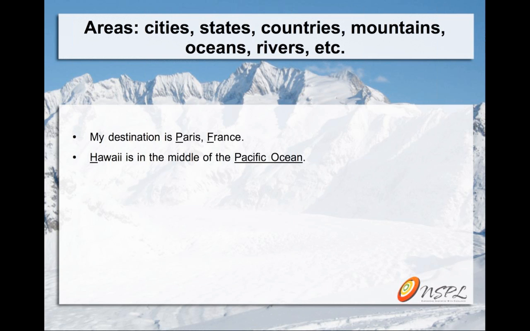Then again, cities, states, countries, and mountains are always capital. My destination is Paris, France. Paris is a city and France is the country. Hawaii is in the middle of the Pacific Ocean. Hawaii is a place and Pacific Ocean is a kind of place, a kind of ocean, not a river actually. Okay,